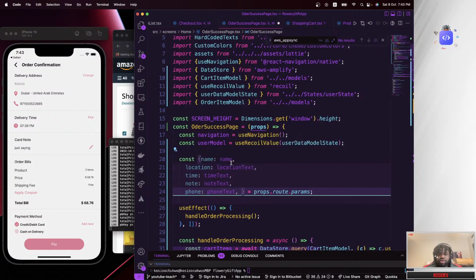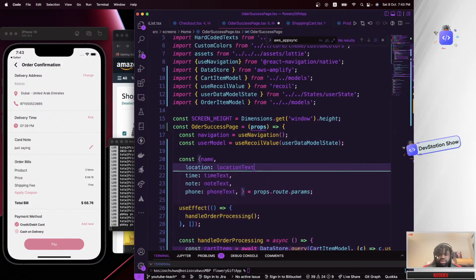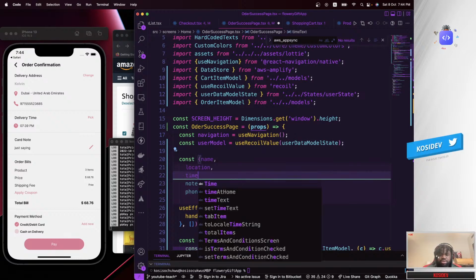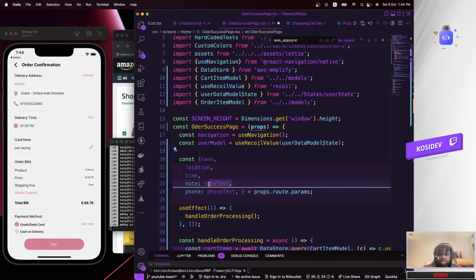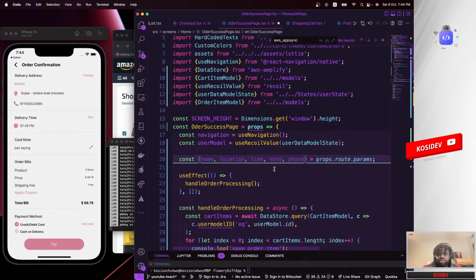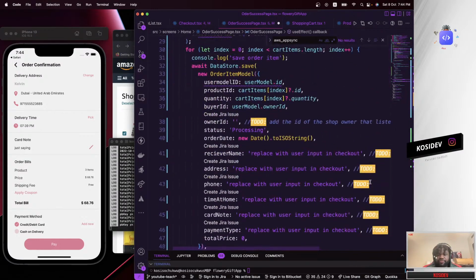Remember to remove any of this. So this is not needed, comma, this is not needed, comma, this is not needed with a comma, this is not needed with a comma, and lastly this is not needed but without a comma. I'm going to go ahead and structure this so it looks pretty nice, and then start using this everywhere.